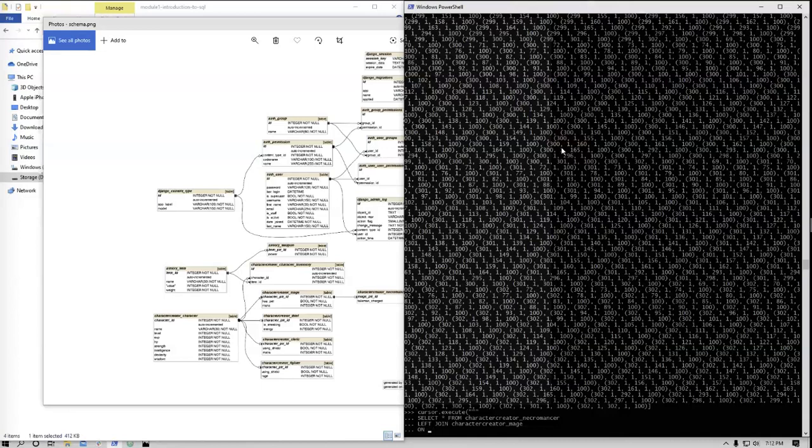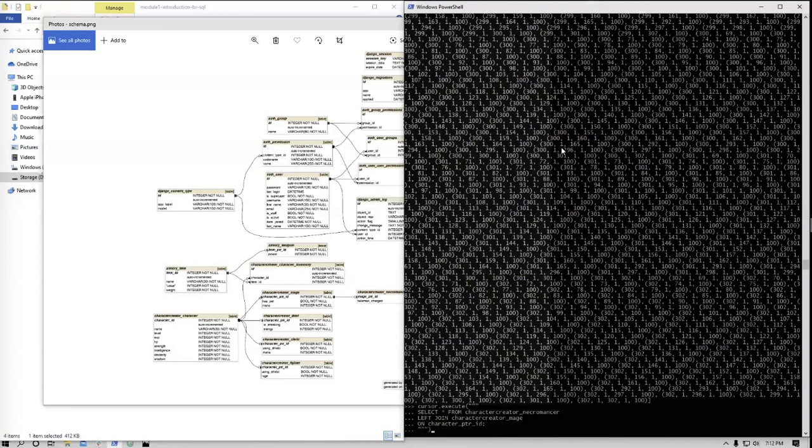No, I think it's actually called character_PTR_ID. Why can I not spell today? PTR ID. Fun fact: this stands for character pointer ID. Yeah, it's weird. And then the semicolon, right? Because we're done with that. Wait, I thought you'd do character pointer ID equals the other table's mage pointer ID. So that's going to be character pointer ID equals mage pointer ID.